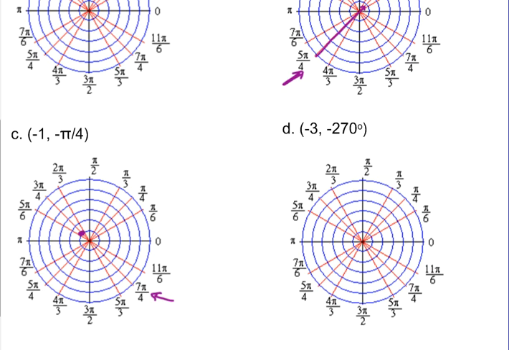Okay, -3, negative 270. Okay, negative 270 degrees is the same as positive pi over 2. And if we've got -3 there, we go all the way back down here. So it's almost, not always, okay, not always, but in this case, it's kind of like the negatives cancel each other out, because we ended up in the same spot we would with +3, +270. But the same thing didn't happen over here, okay? -1, negative pi over 4, we didn't end up at pi over 4, +1. So don't think that is true in every scenario, okay? All right, so let's